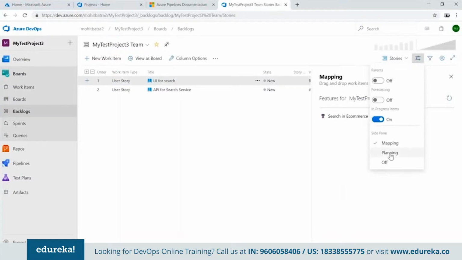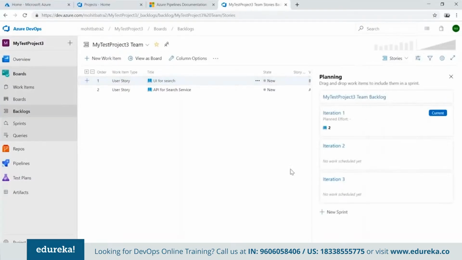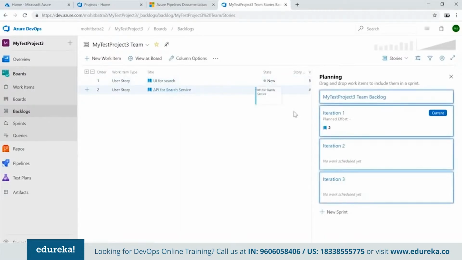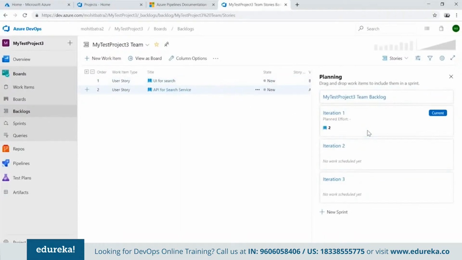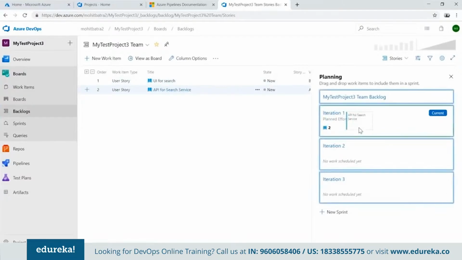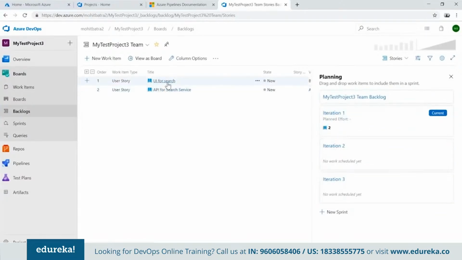So as part of the iteration, what we are going to do in the first iteration, or let's say in the first 15 days, what we are going to deliver is the API for search service. Or in fact, actually both of them have got into the same iteration. So now you can see here, we have got one story which we are going to cover in iteration 1, which is right now the current one,